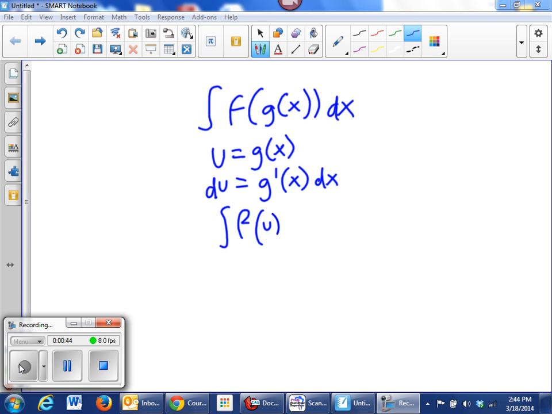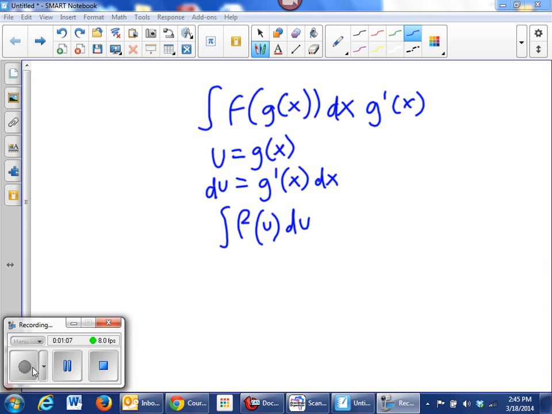f of u du. Now, g prime of x needs to be in the original integral, so you're going to add that. Oftentimes, if it's a certain number, you're going to have to take a fraction of it. Okay? Now you're going to